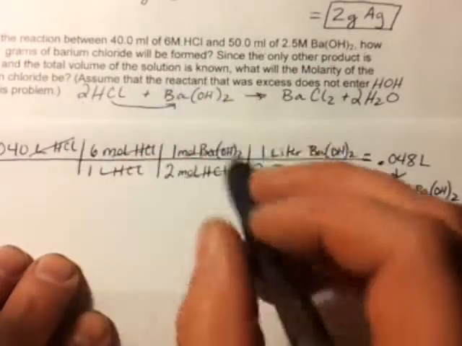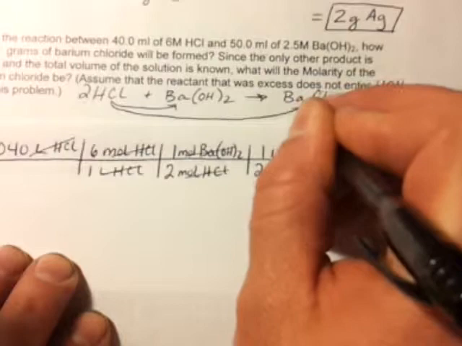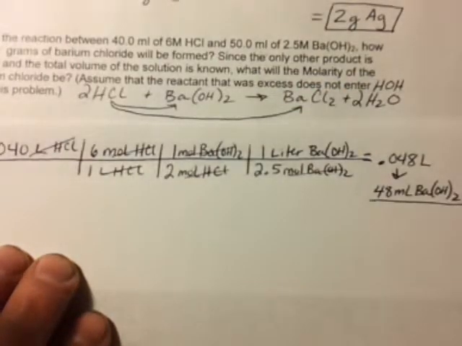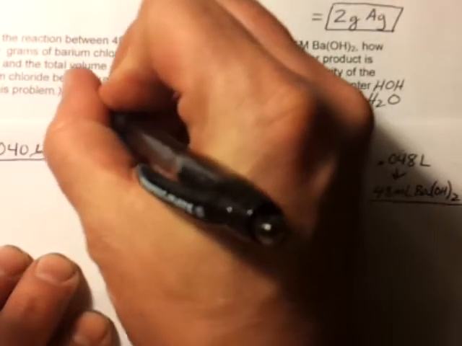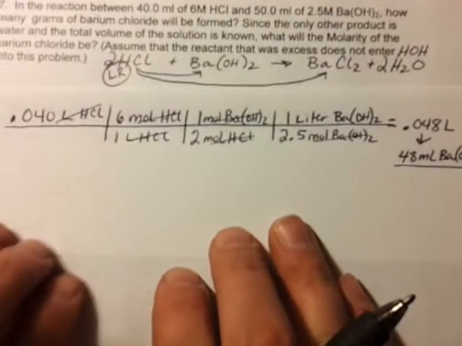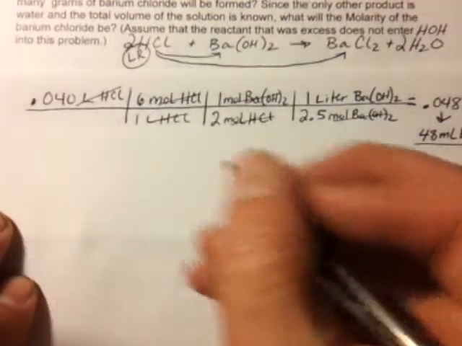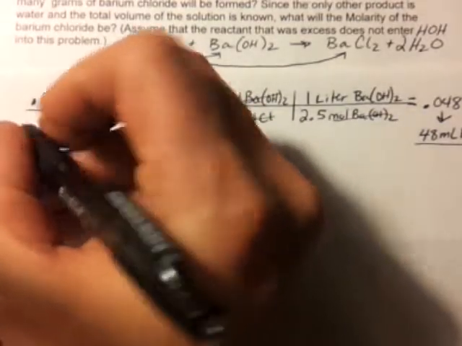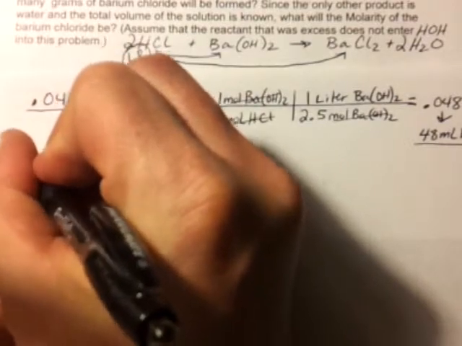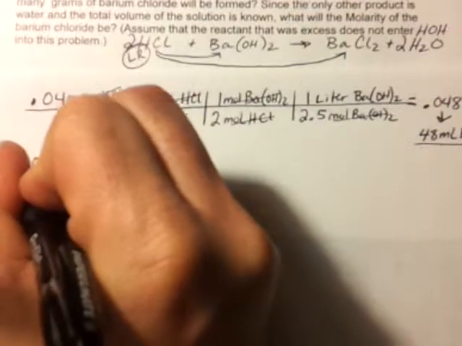So I'm going to go from HCl now to barium chloride because I know HCl is my limiting reactant. I'm just going to write a little LR right here. That's my limiting reactant. So let's do that, stoichiometry right below it. So I'm going to take my 0.040 liters of HCl, set my problem up